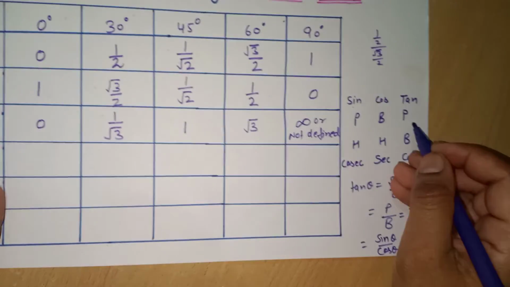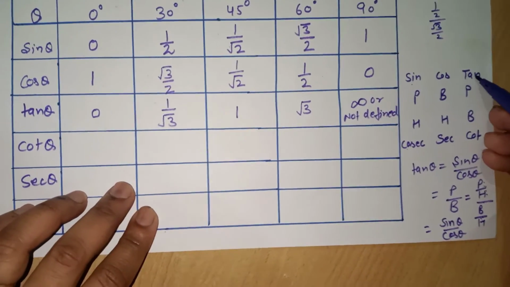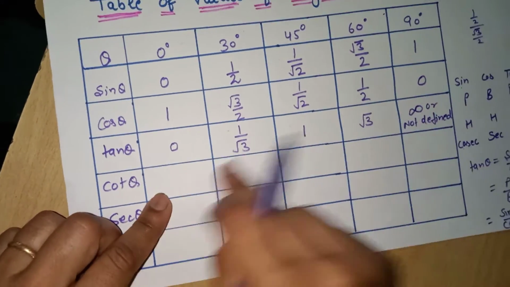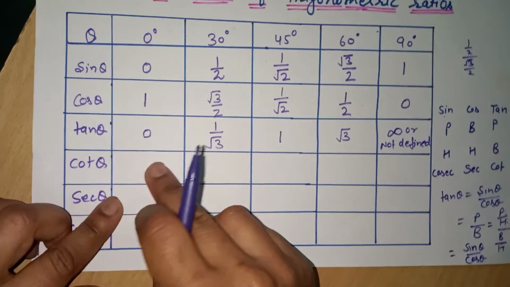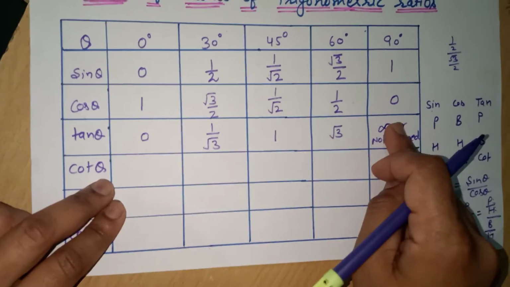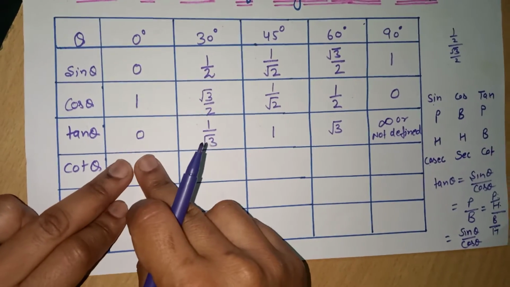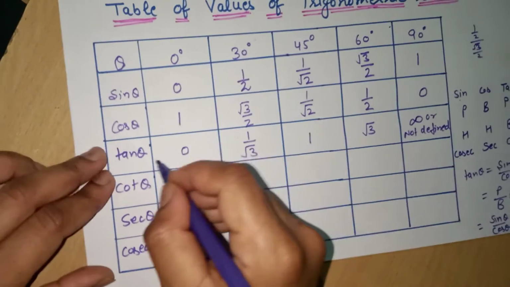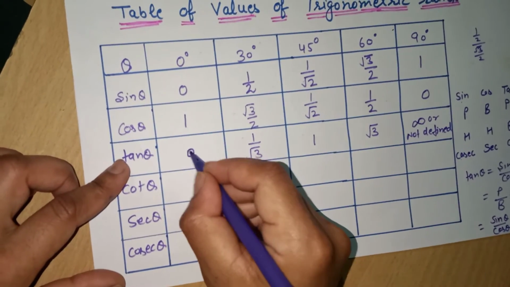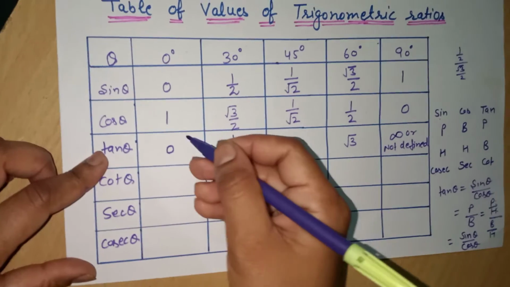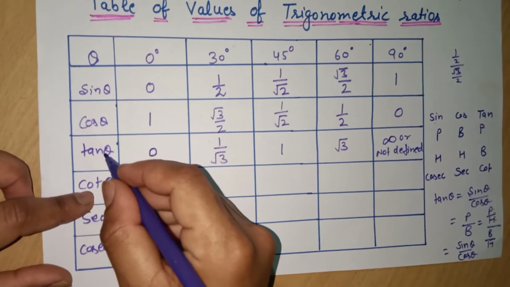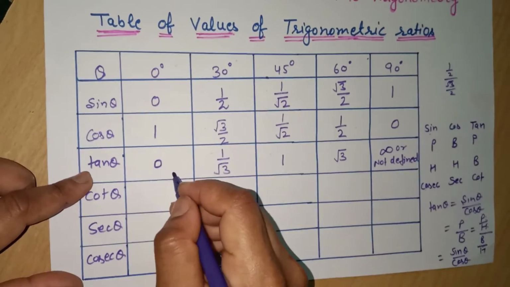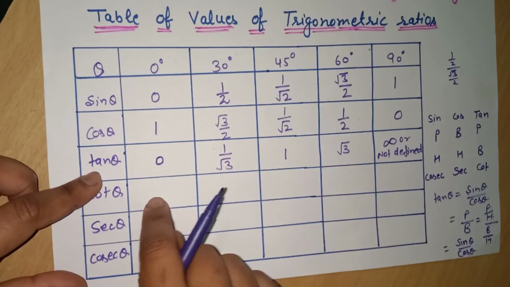Now we know from this formula that cot theta is inverse of tangent theta. Now we will reverse the value of this. You can write the value of cot theta here by reversing the value of tangent theta. Here it will become infinite, means not defined. Here under root 3, 1 is 1 and 1 by under root 3 is there, or you can also find by reversing it. Here 0 means 0 upon 1. So when we reverse it, as cot theta is the inverse of tangent theta, it will become 1 by 0, that is not defined, or you can write it in the inverse order.